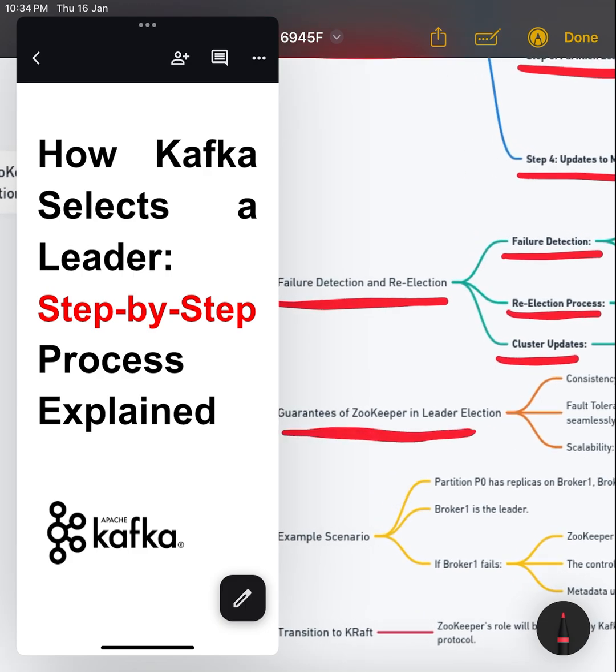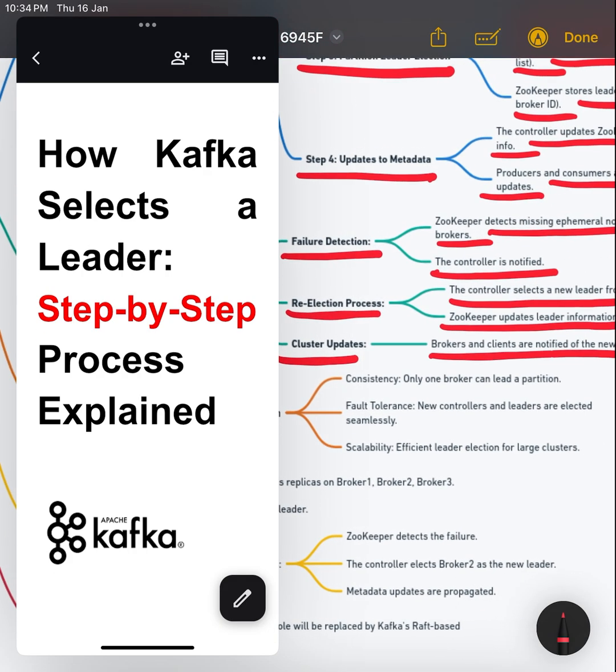Consistency: only one broker can become the leader for a partition at any time. Fault tolerance: if the controller fails,